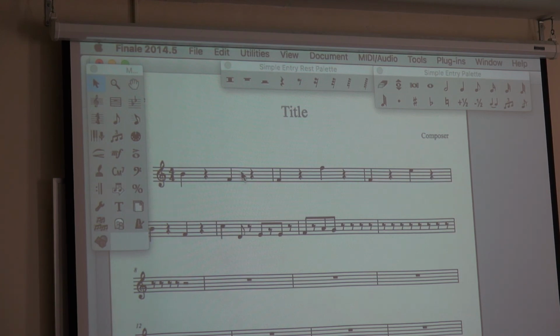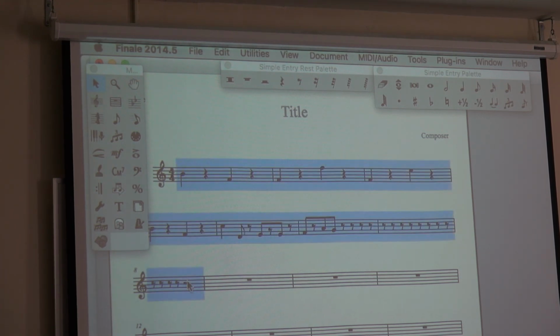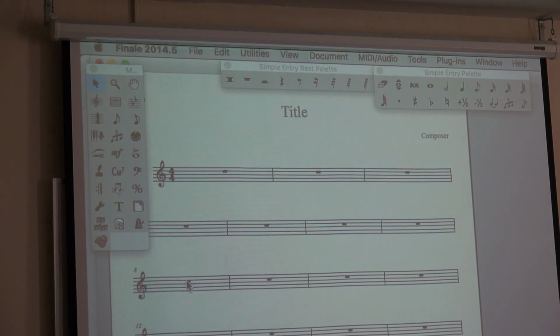So what I want you to do right now is select the first bar, select your last bar of music, whatever it is, and just hit the backspace key. Poof, it's gone. That's how you remove stuff, make it rest, whatever. Select your measure, hit the backspace key, and it will remove that. Now, in this case, you see it deleted it completely, right? So we'll talk about how that is different from a score later on. If you need to just erase it,